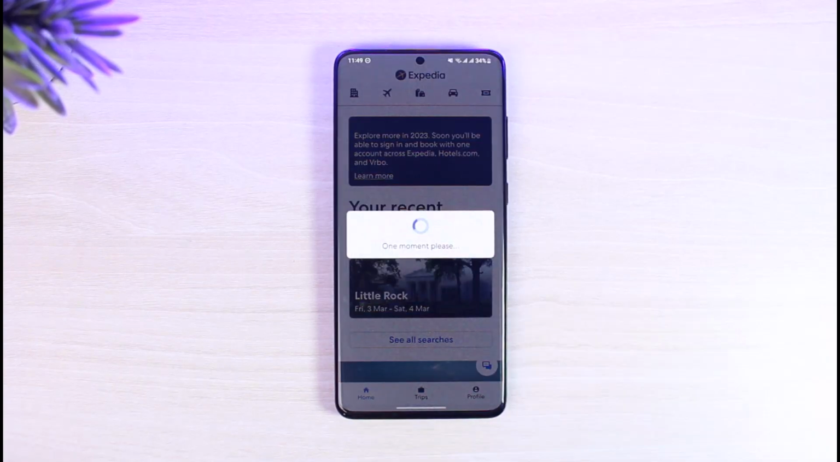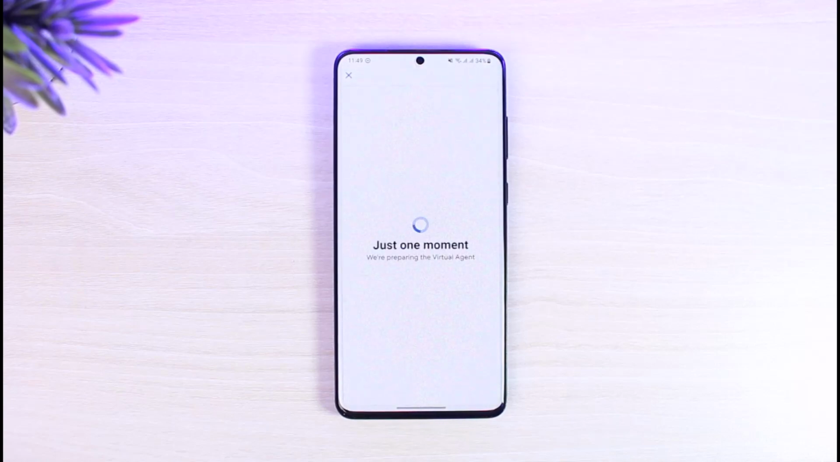Now by default you will not have a real person with you. You'll be talking to a virtual agent, which is an AI based chatbot. But this agent can also help you in many ways, such as cancelling your booking, showing all of your refunded trips and so on. But if you want to contact a real agent, then what you can actually do